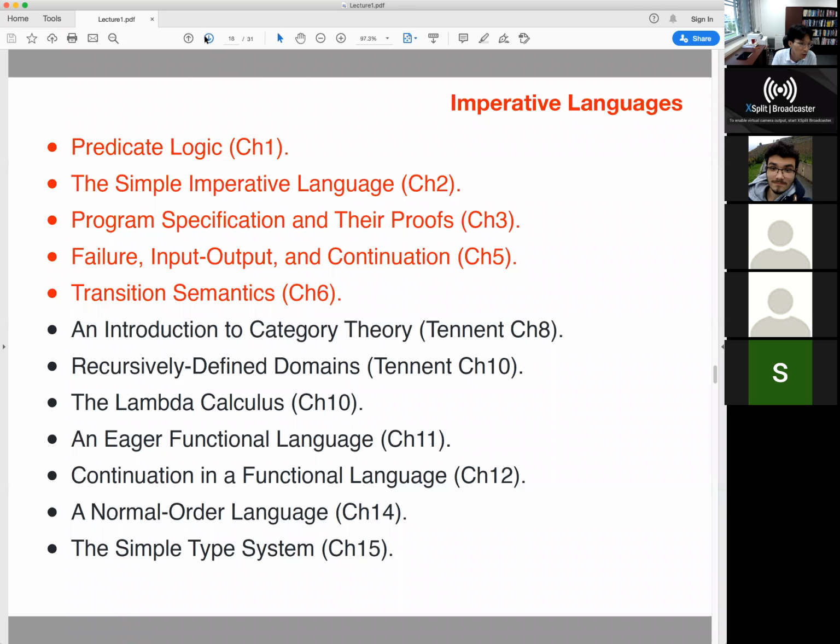The later part of the course is about the functional languages. So we'll cover lambda calculus, eager functional languages, continuation in the functional language, normal order reduction, normal order language, and the simple type language. And then in the middle, we will study 2 things, which are mathematical tools. They are about category theory. That's because in the later part of the course,